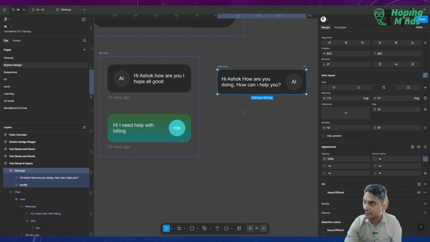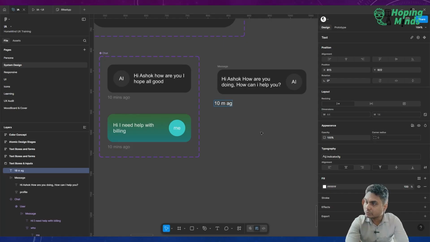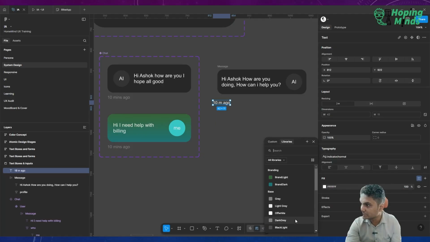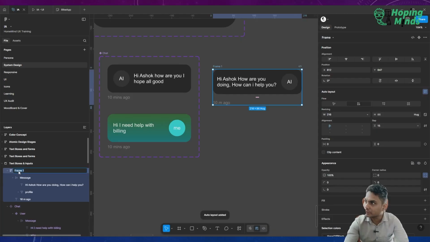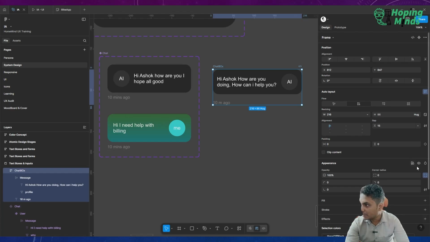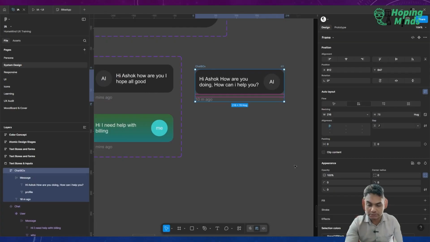Okay, let's do a timestamp. I would say 10 m ago. Have it left aligned, and use instead of LG, I want to use this smaller text, and I want to change the color to gray, and I will put this in another auto layout and call it chat box completely. And let's reduce the gap between the element. I should have it 7, which is okay. Okay, and now let's convert this into,